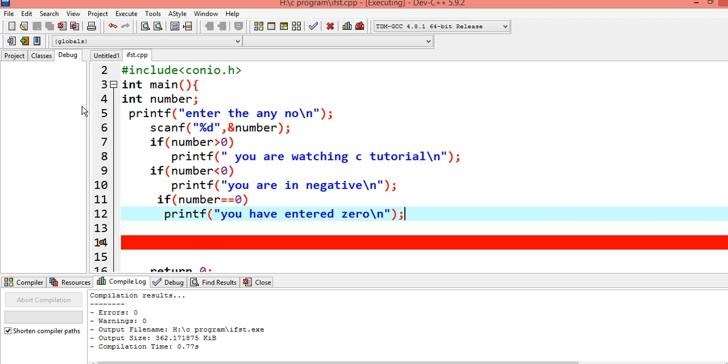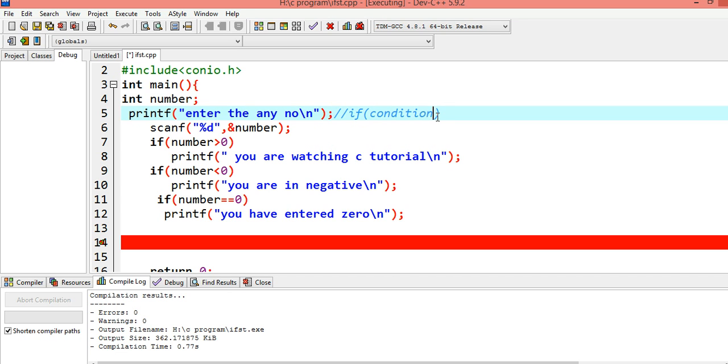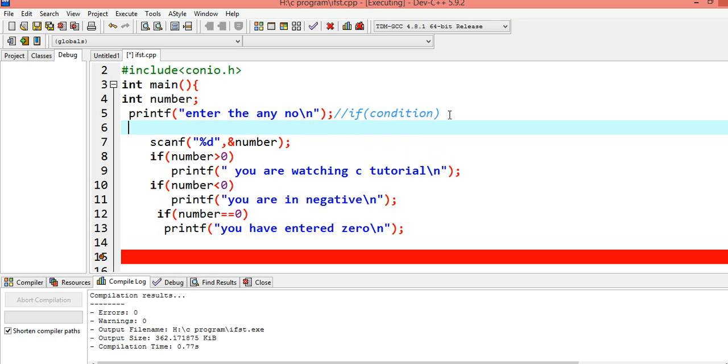Okay guys, I'm talking about the if else statement. If the condition is true, then this statement will execute. If the condition is not true, then this statement will execute. If the condition is true, then the statement will execute.